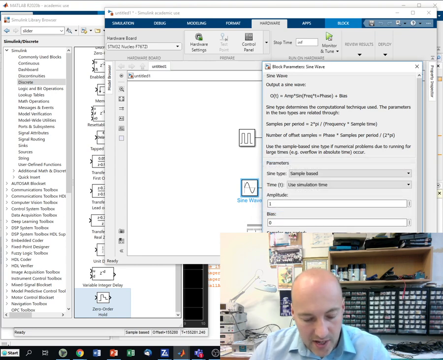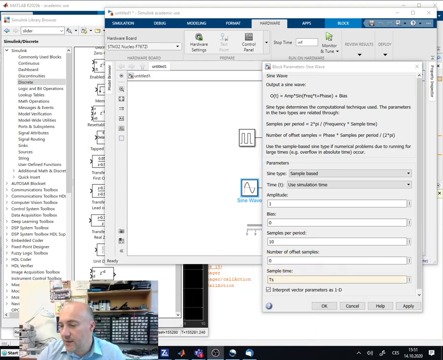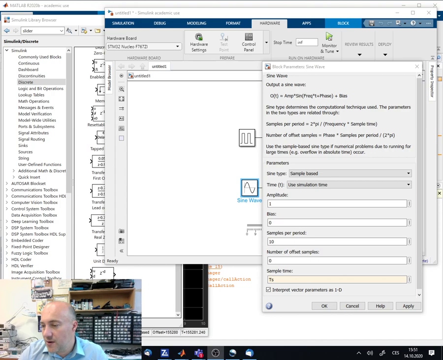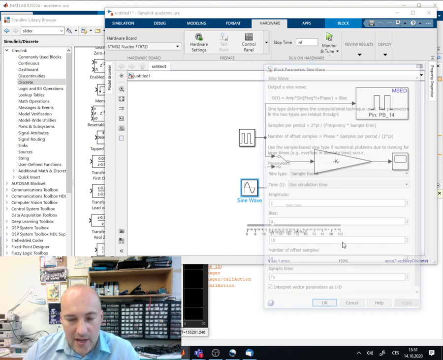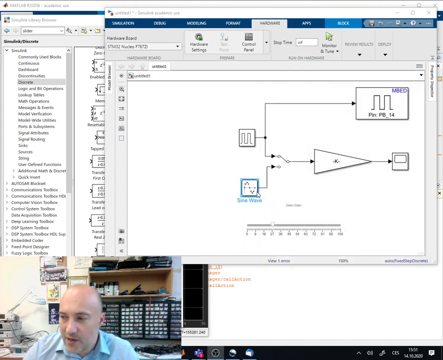So that's where my TS comes in. You can't see that, so let me move my video here. What I've now done is change this from time based to sample based, and then here I edit the TS, which I have in MATLAB, my constant for the sampling rate. And now you can see that the icon has changed. So now this is a sample based sine wave,